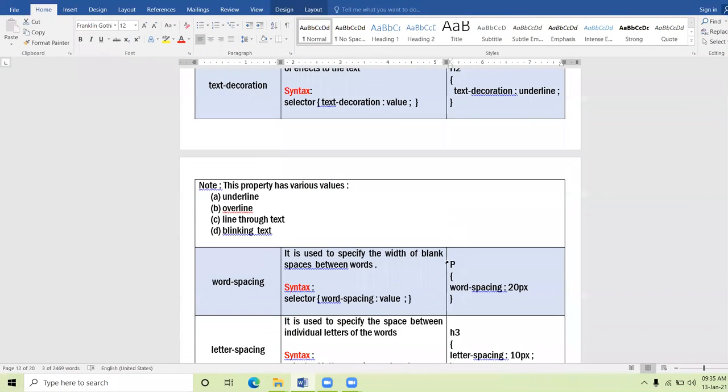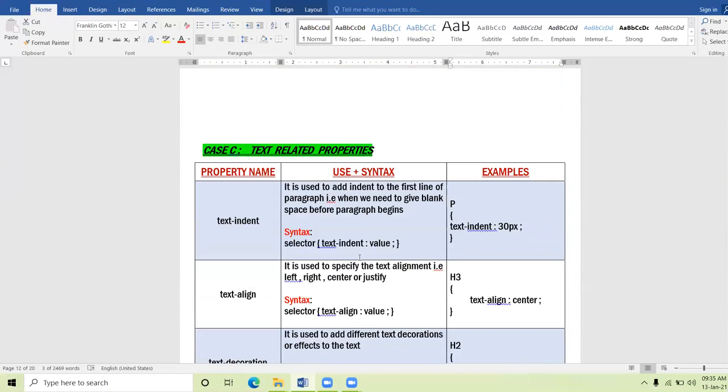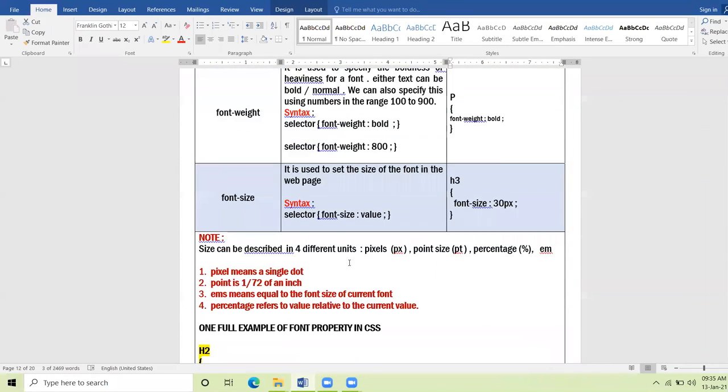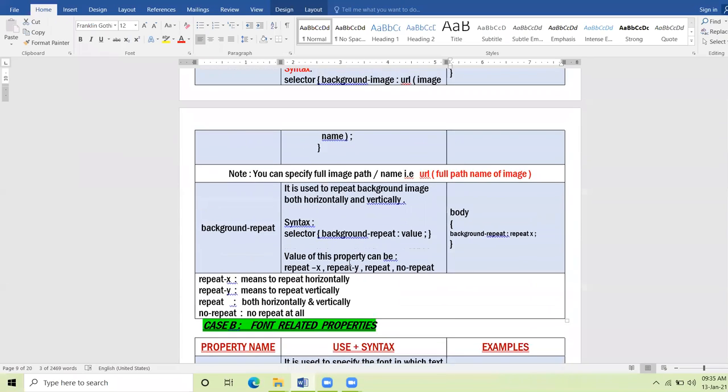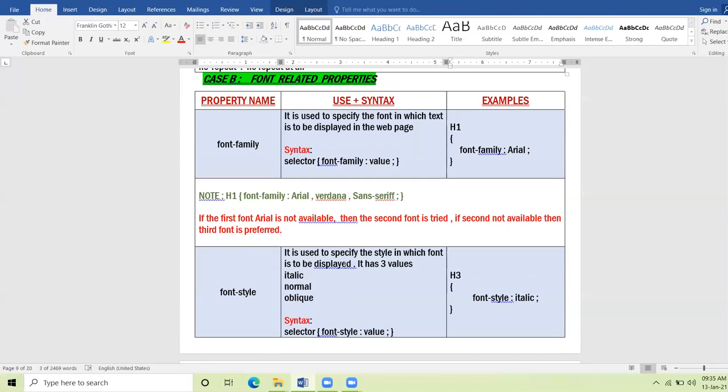Is the MS Word page visible? Okay. So I was discussing with you people about the background properties. Now let us proceed with the properties related to font. Am I totally audible to everyone? Quickly raise your thumb. Garav, Diksha, Amit. Am I totally audible to everyone?